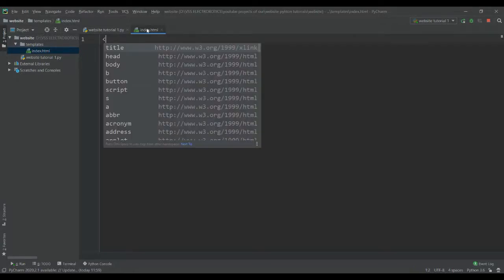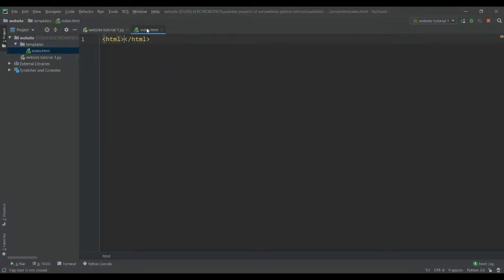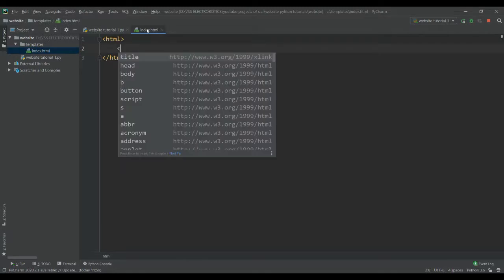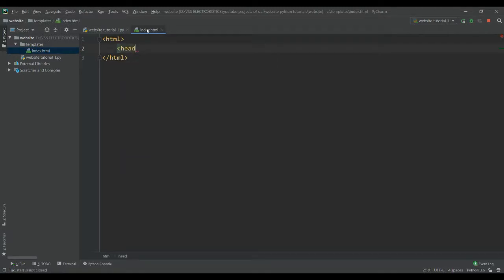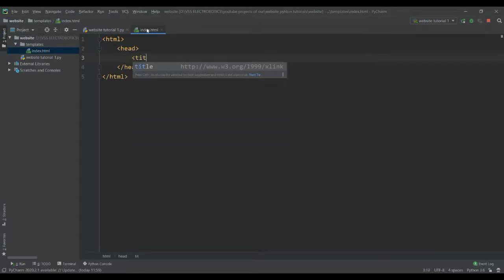In index.html, I'm going to create a basic HTML program. I think everyone already knows this, so I won't be teaching in depth, but I will teach the basics. In the HTML tag, I'm going to make a head tag, and in that head tag, a title tag.